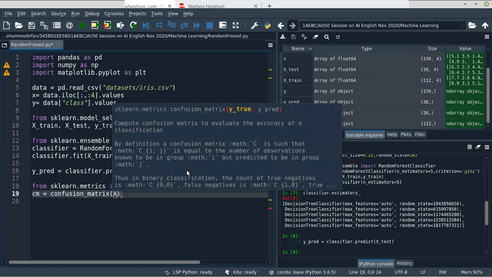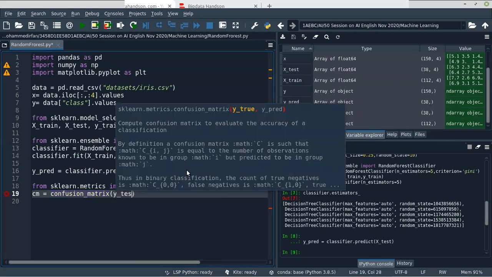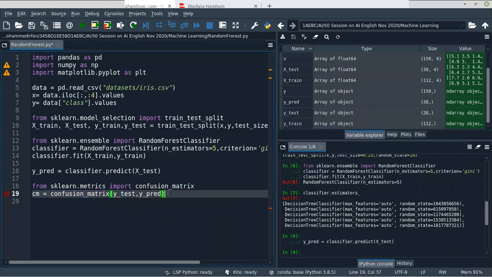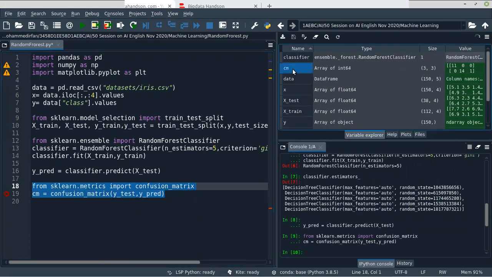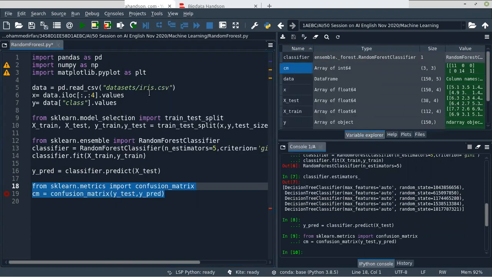Here you need to give y_test comma y_pred. So you can see the confusion matrix here. It's the same, only one incorrect prediction, because the data is like that. That's why it is giving the same results for every algorithm.